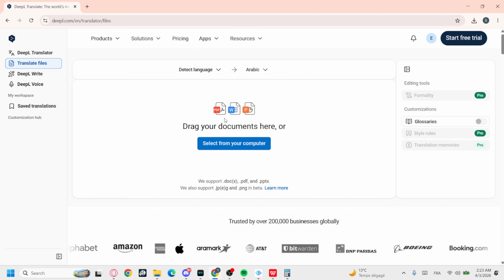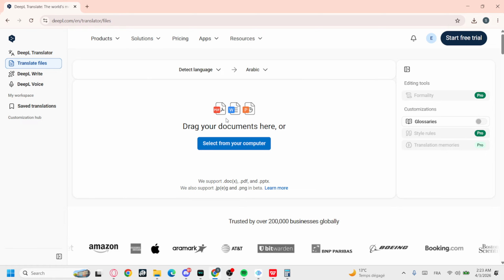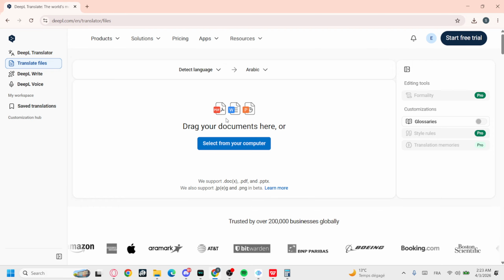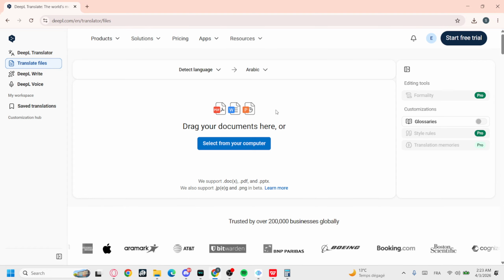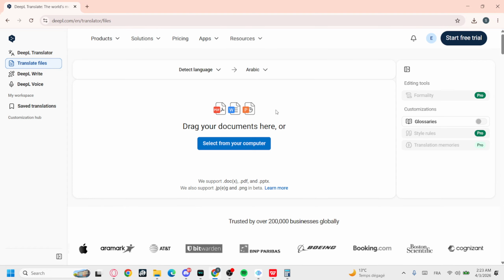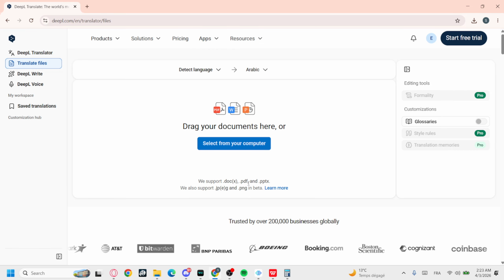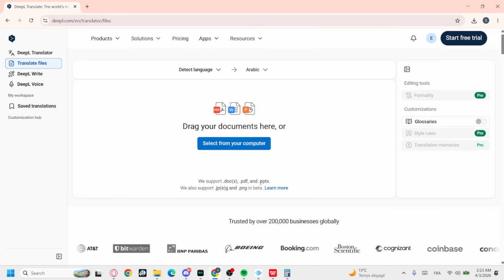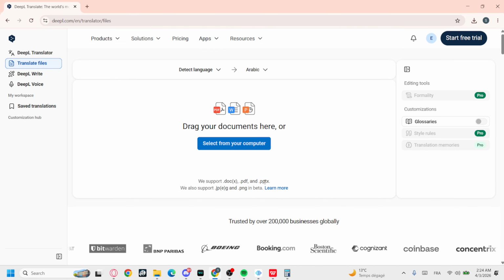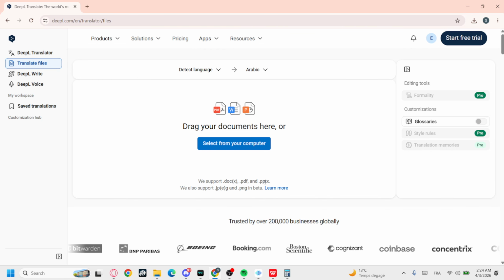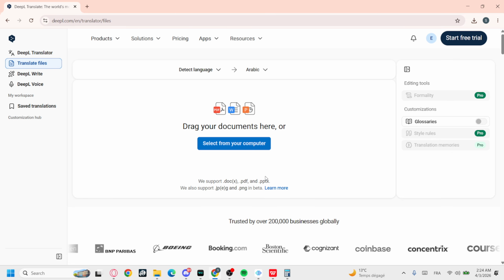In today's video I'm going to show you how to fix download not working in DeepL. So actually guys, first you will need to check your file size and type. DeepL supports docx, PDF and PPT formats, and large files may fail to load, so the fix is to split the large documents, resave and